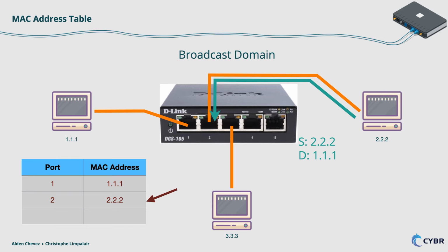Now the switch says, I have MAC address 222 connected on port 2. I'll go ahead and add it to my MAC address table. Also, this has a source of 222 and a destination of 111, but where is 111? Well, I don't need to ask everybody because I already have it in my MAC address table and it's connected